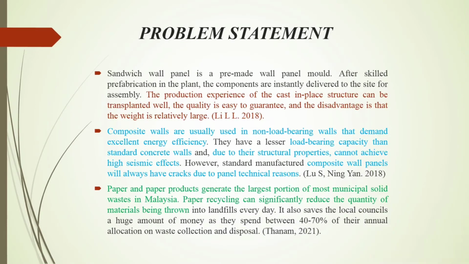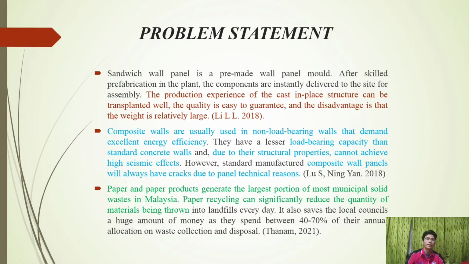type of material. Okay, for the problem statement, the first problem statement is sandwich wall panel is a pre-made wall panel mold. After skilled prefabrication in the plant, the components are instantly delivered to the site for assembly. The production experience of the cast-in-place structure can be transplanted well. The quality is easy to guarantee, and the disadvantage is that the weight is relatively large, according to Lee LL